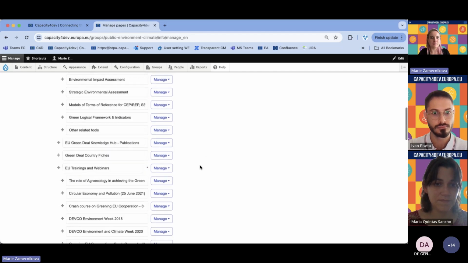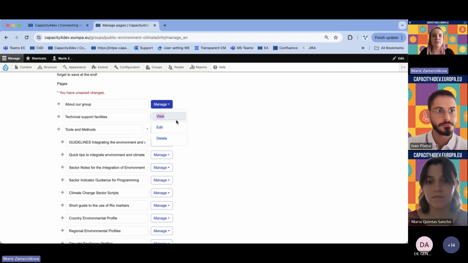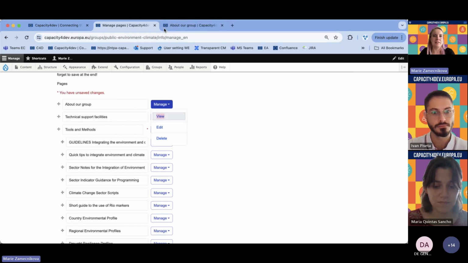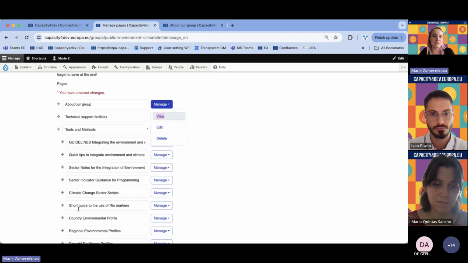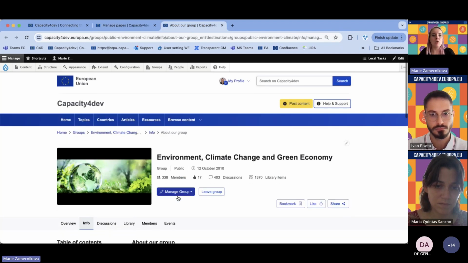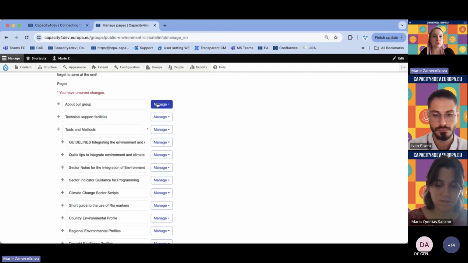different levels. In case that you, for example, decide to view, edit, or even delete some of the pages, you choose here from the manage. So if you click on the view, it will directly get you into the view. So in case that you already forgot what page is under each name, you can just simply open it and view it. What is the page about from the manage the table of content,